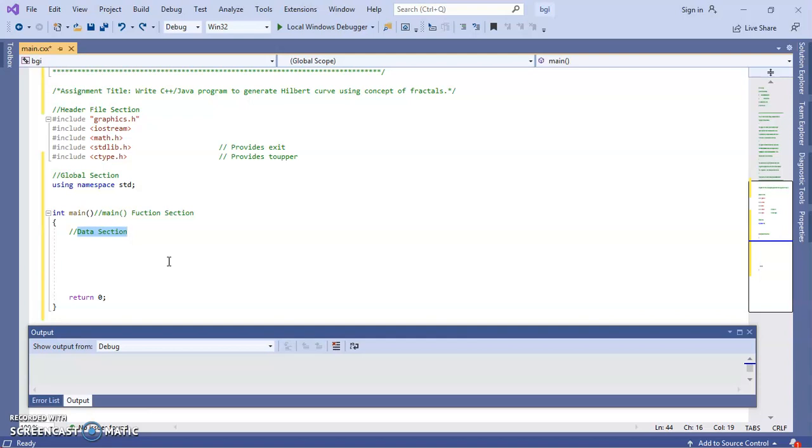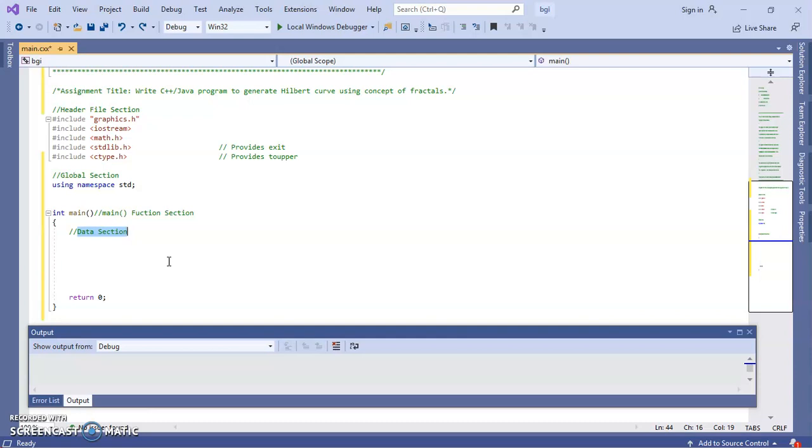Then we design the Hilbert curve function in our code, and by executing the Hilbert curve function, that is the cup or U-shape and join procedure, recursively that many times, we generate the Hilbert curve. So this is our output layout. The output layout is clear. By considering all this, we design our code.